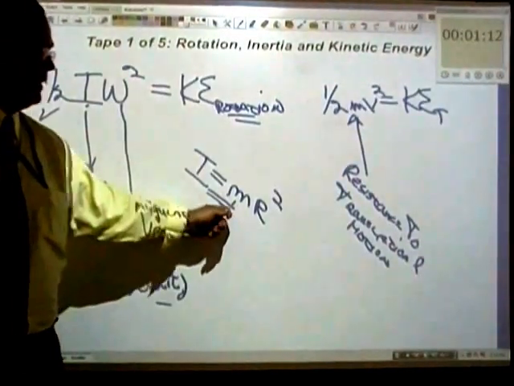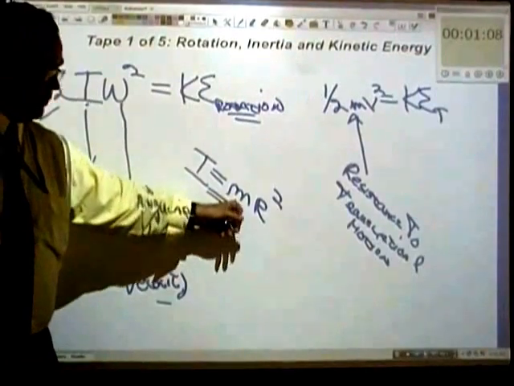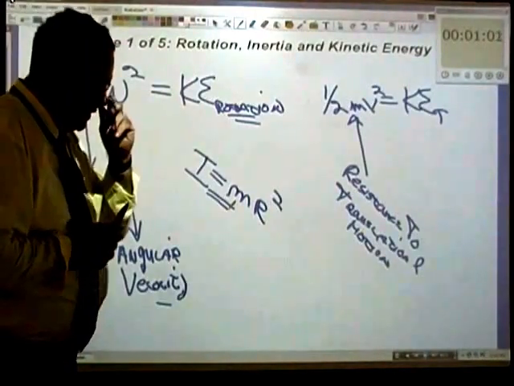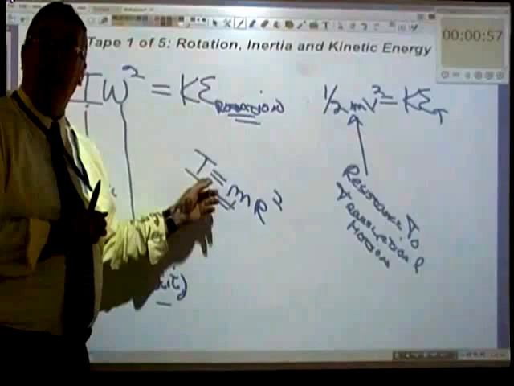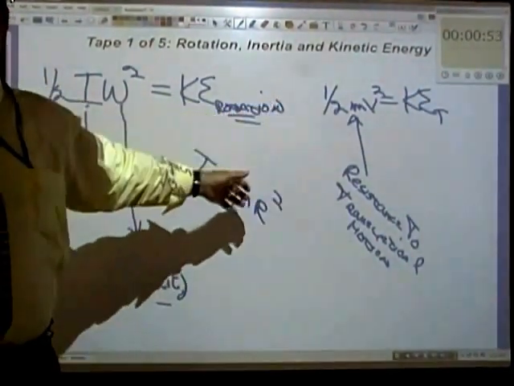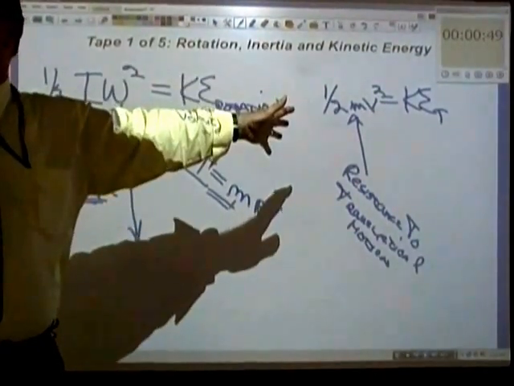Okay. So you can plug that in there, but on the next video we'll talk a little bit about moment of inertia, because the algebras are all different for moment of inertia, so we have to be a little bit more careful there. But this is a generic equation. What is it saying? What happens to I as we increase the radius? It increases. That's why the person who walks across Niagara Falls takes a big pole with him, because